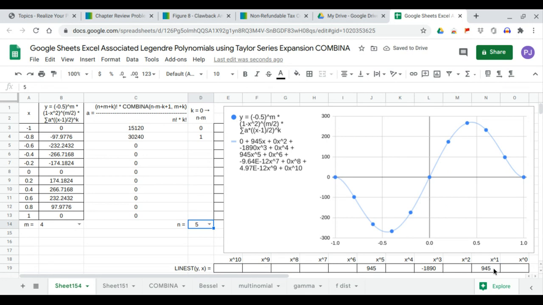It will be 945x minus 1890x cubed plus 945x to the 5th. This completes the use of COMBINA and SERIESSUM in Taylor series expansion, and LINEST polynomial regression to generate the Legendre polynomials, associated Legendre